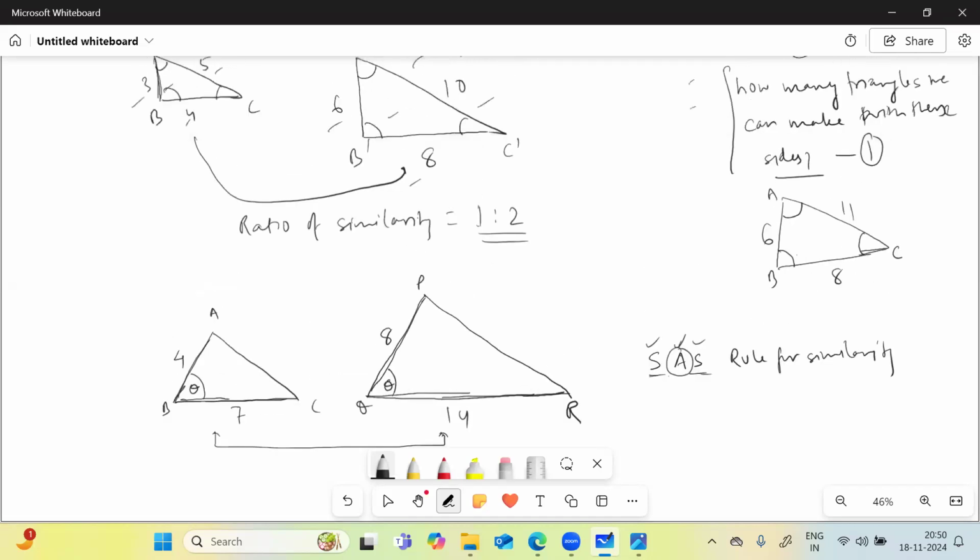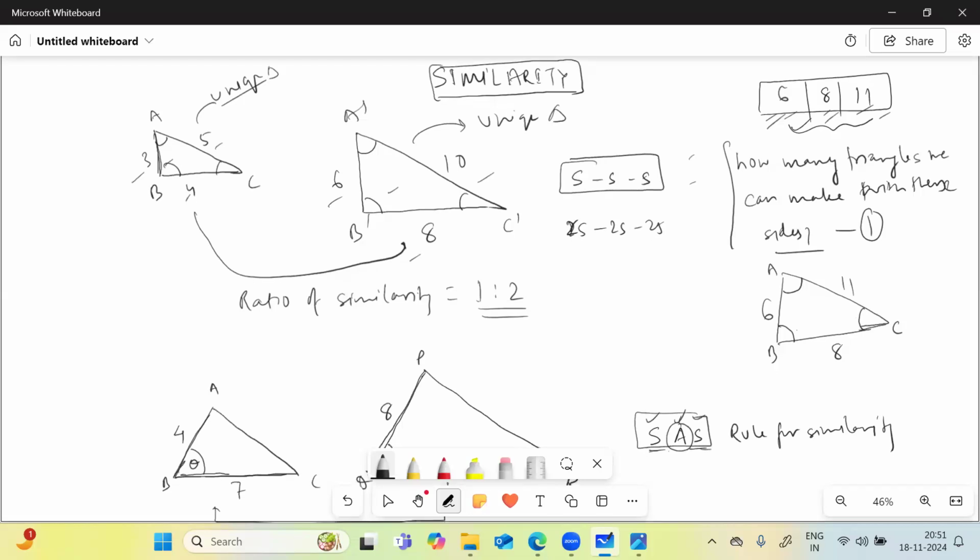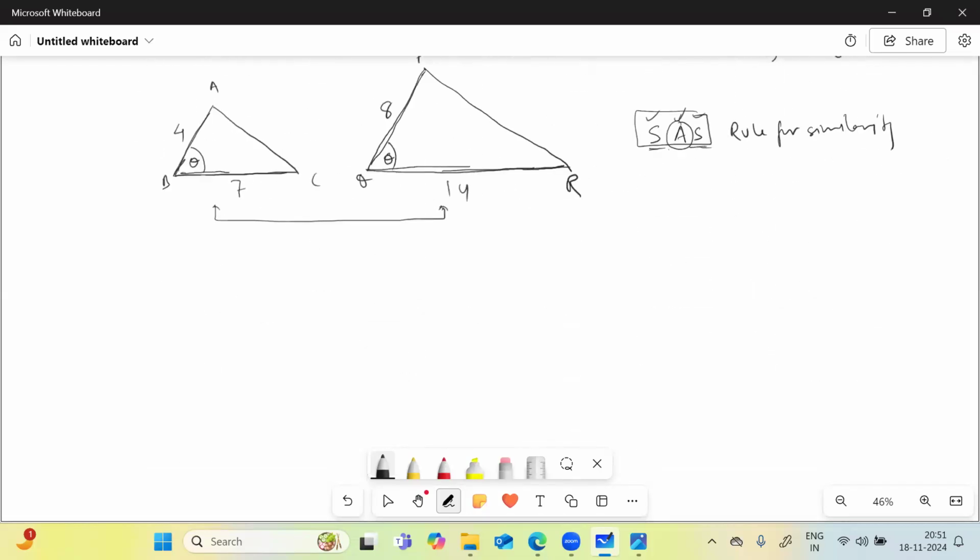So we got two similarity concepts here. One, side, side, side. If the sides are in the same ratio, like the second triangle is in 2s, 2s, 2s, double of each side. So side, side, side rule of similarity, side angle side rule of similarity, and one which was very basic, that if any two angles of the two triangles are the same, like